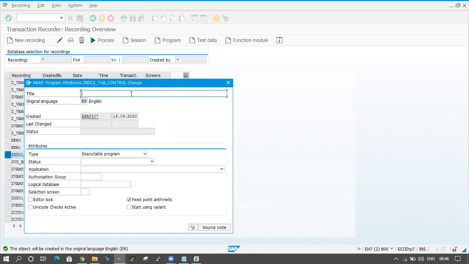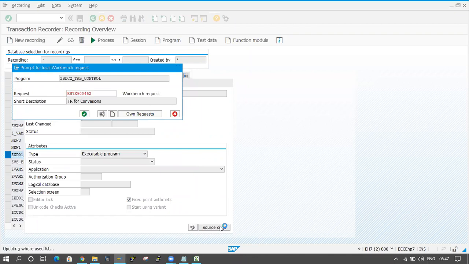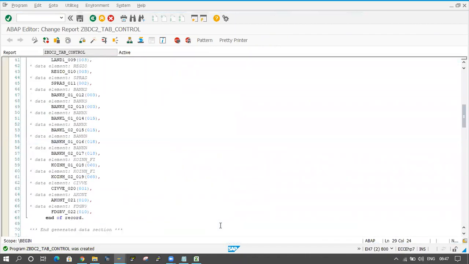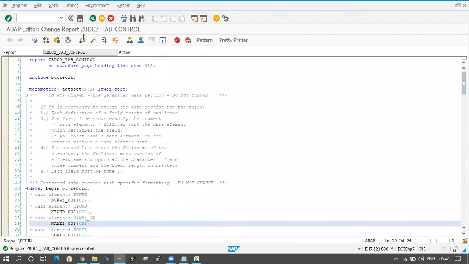Provide the description. Click on source code here. If you click on source code, automatically all the code will come. Automatically the code will be generated here. See, the code is generating automatically. I am not writing anything. Okay, click on the save button.